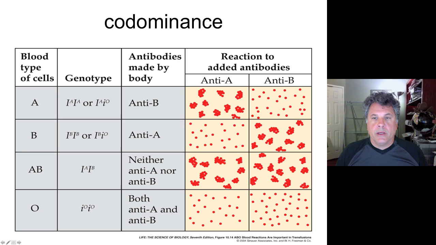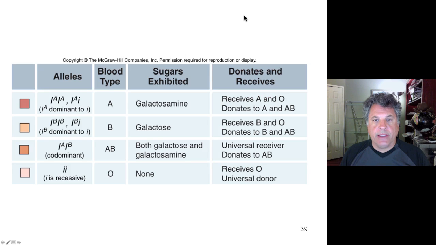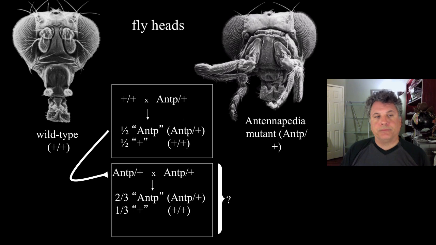Now let's move on to another type of gene interaction where, again, we're looking at the interaction of alleles of the same gene, as we have for codominance and as we have for incomplete dominance. And let's take the following example to illustrate this point, and let's see if we can figure it out.